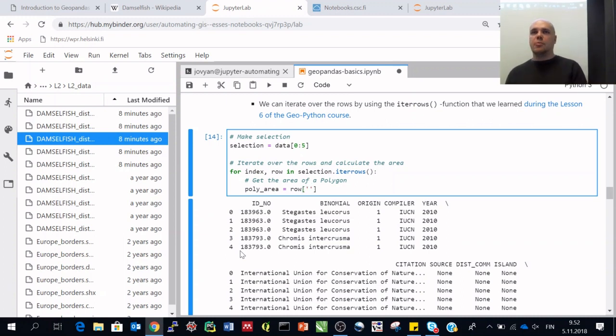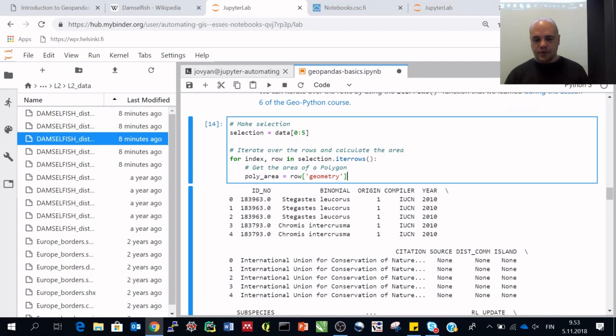So in a similar manner as you are doing, for example, calculations between columns, summing column 1 and column 2, inside these square brackets, specifying the column name that you are interested in, you can get either all values of that column if you're taking the values from a geodata frame. In our case, we are taking the values from a specific row, so we will only get one value, and that is basically the